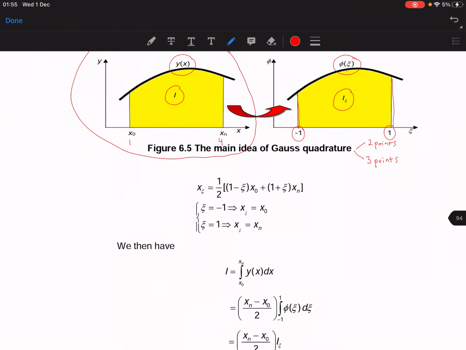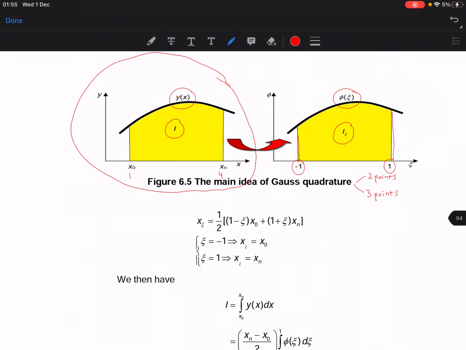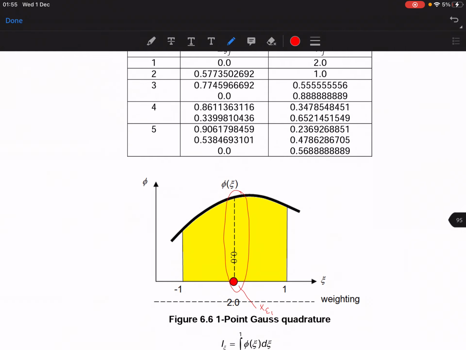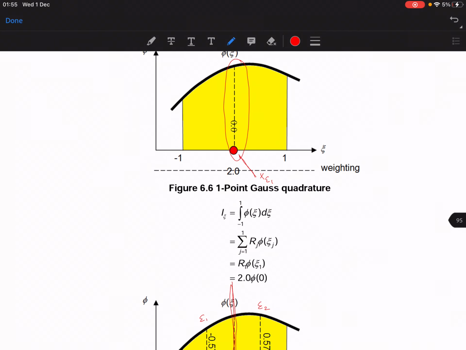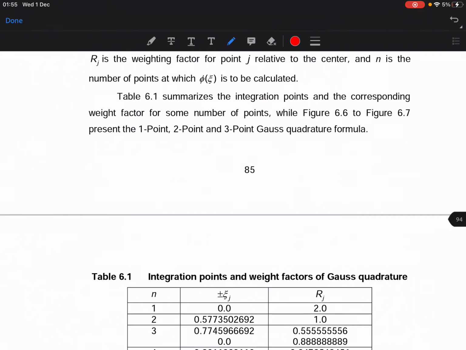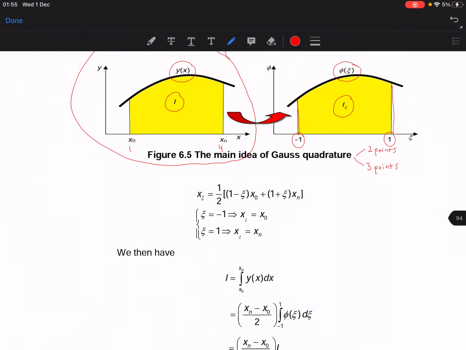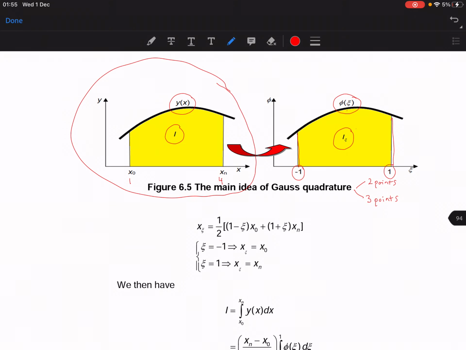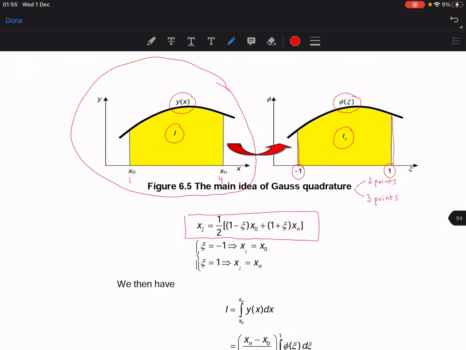So how do we basically solve using Gauss quadrature? This is the important point. From the example just now, let's say this is x zeta 1, and here this is x zeta 1 and x zeta 2 for 2 points. So by changing to the dimensionless coordinate, we can get x zeta is equal to 1 over 2 times (1 minus zeta) x0 plus (1 plus zeta) xn,